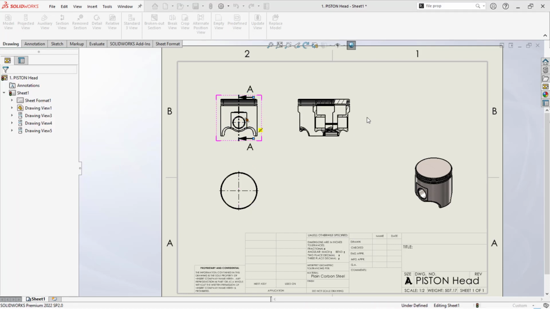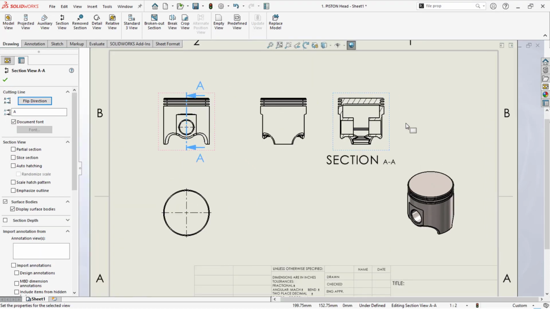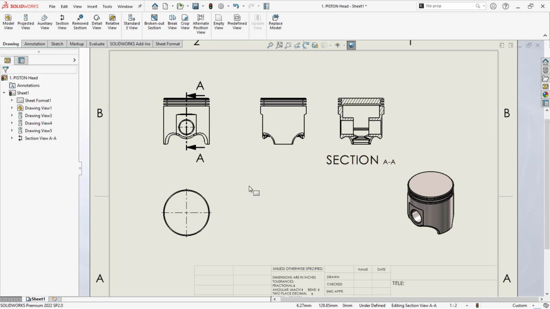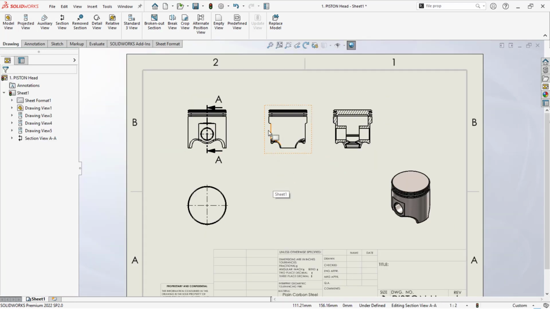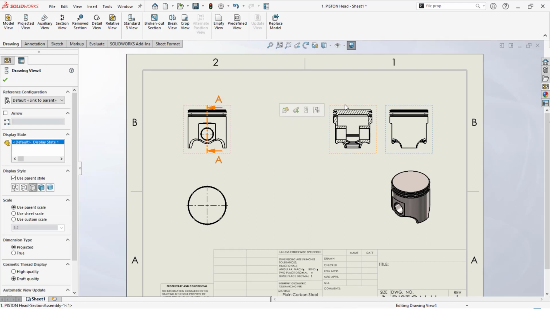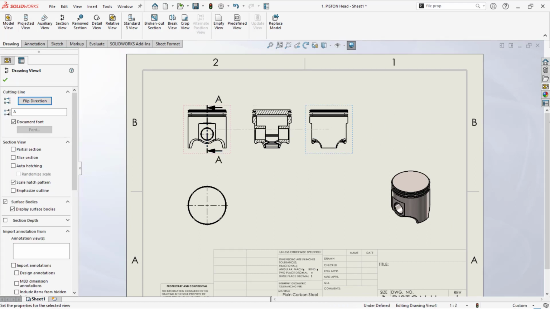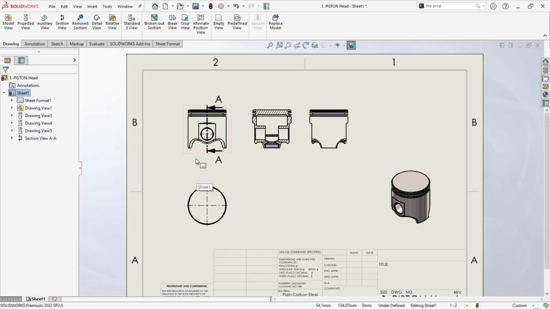I need the section view. You can just select the section view, align it properly. I don't want this particular font. You can use the emphasize outline, and you can even add the scale hatch patterns as well if needed. Okay, I'll remove this font. If you want, you can customize the size and all the font, everything in the document properties. I'll showcase later. And now